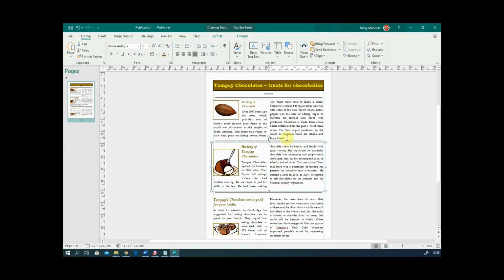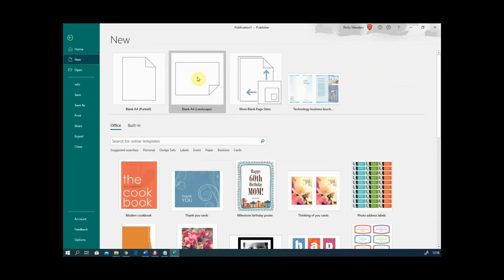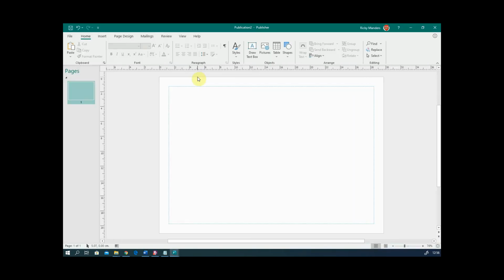There are different types of documents you normally have to do, but generally a newsletter or info sheet, most of the level 2 ones will be like that. Occasionally they'll ask you to do a leaflet. I can just create a new document here, and they may ask you to do it as an A4 portrait, A4 landscape, and they'll say something like